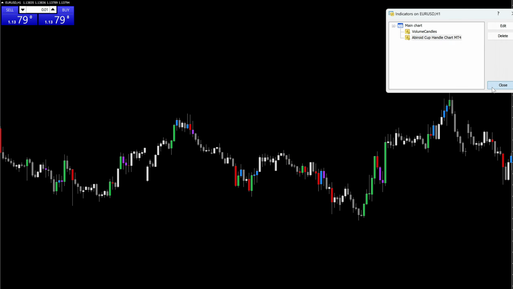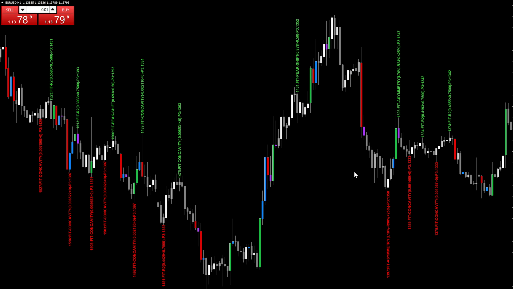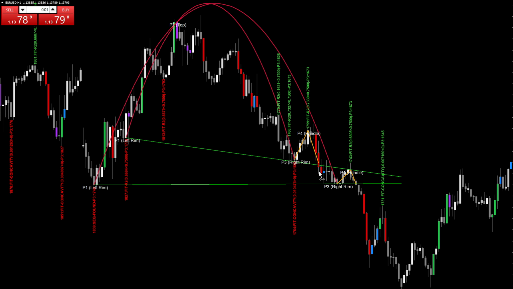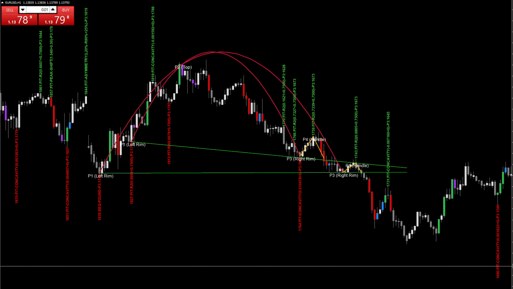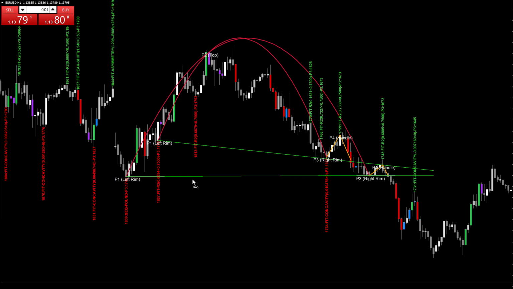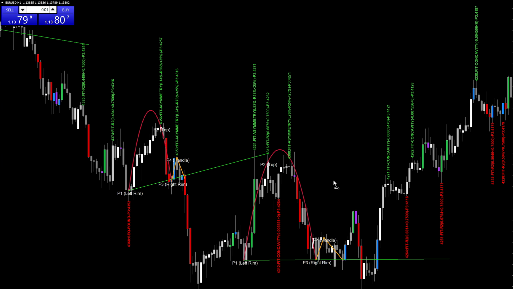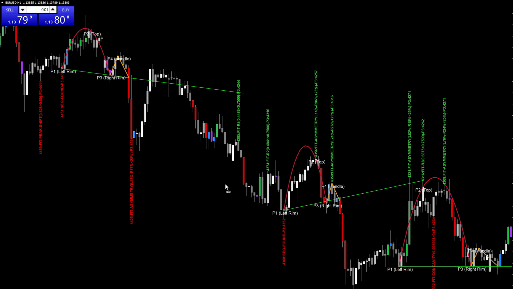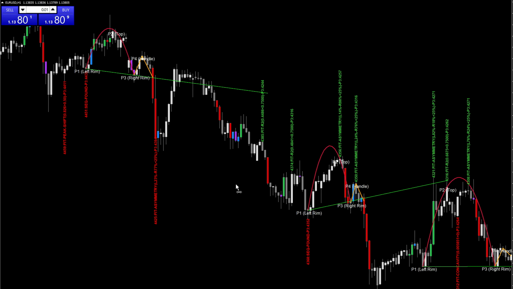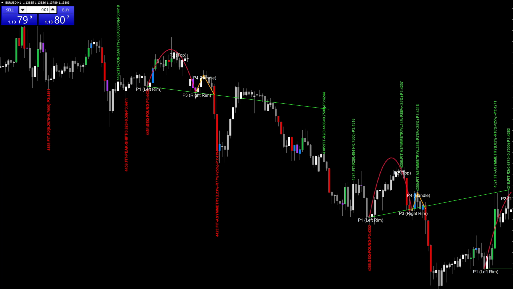So maybe we can get some more examples where there are at least 3 overlapping cups. So something also like this, where everything matches up. So I'm not finding that, but this is what I meant by trend continuation. You can use one of my other indicators that I have in market for free. It's called the MA stack.